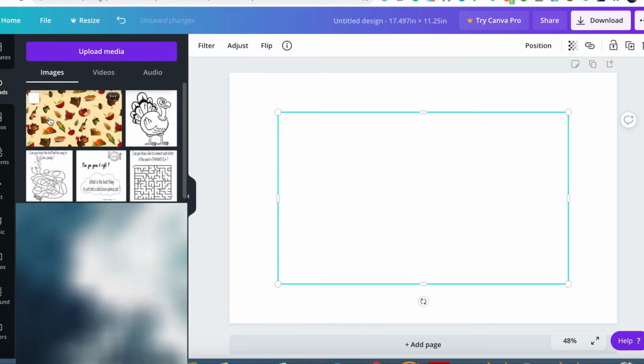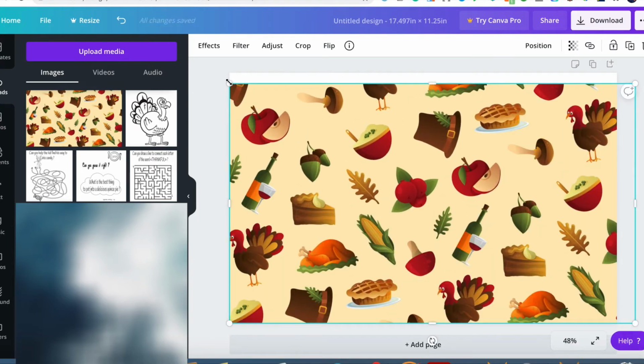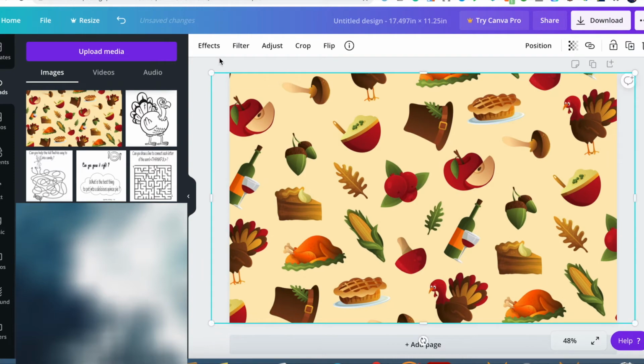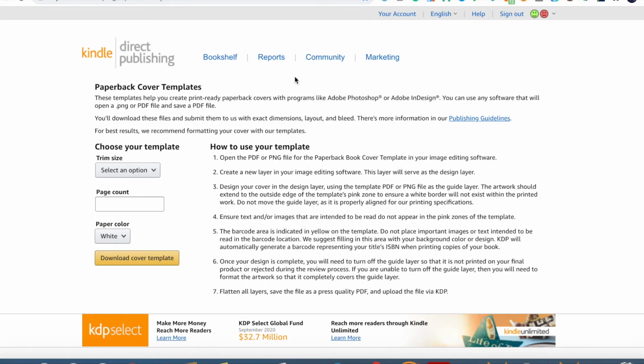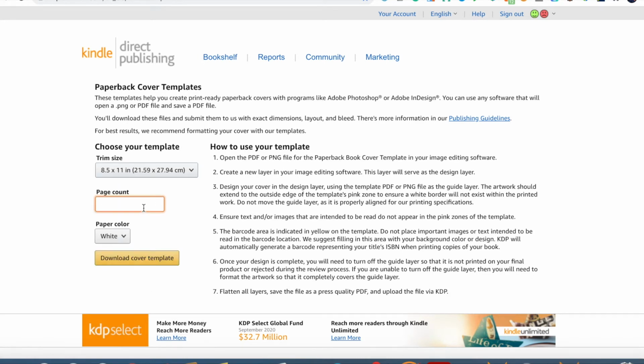I'm going to choose the tile pattern that I got from Vexels. I'm just going to expand it a little bit. Once I'm done with that, the next step is to come back to this website. Amazon provided this page where we can get our templates. So I'm just going to go with 8.5 by 11 and 110 pages,